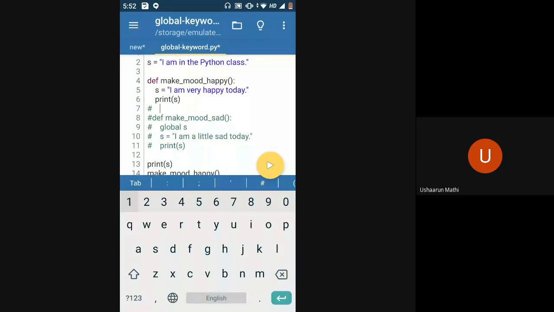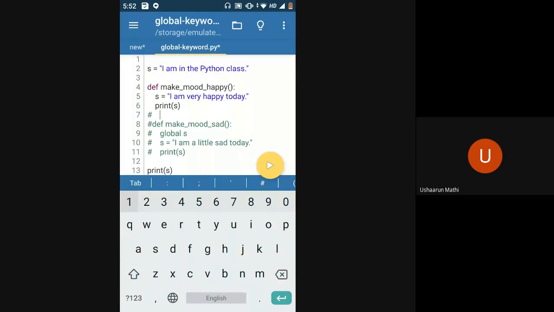So even though the variable inside the function has the same name as the variable outside the function, they both are different variables. One of them is global and one of them is local variable. So they will not be addressing the same space, the same box. We discussed, right? Every variable in the memory can be thought of as having a box.